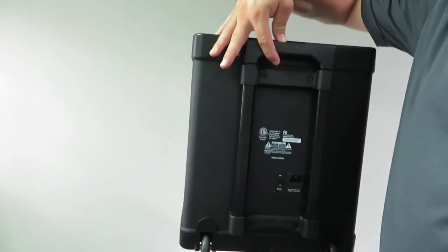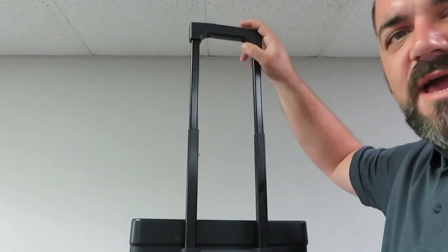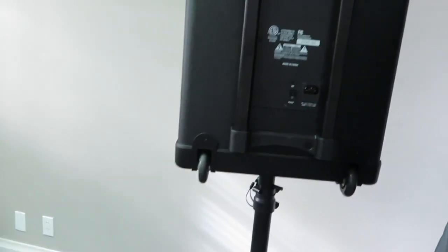What other features, you ask, it has? Well, let me tell you. I've got to say that this right here, this suitcase-like handle that extends pretty high, is very nice. I'm 6'4" and I hate lugging around speakers, especially heavy speakers. Luckily, this one's not that heavy. It's only 26 pounds, but having the suitcase handle and the wheels to roll this thing around is very, very good to have,